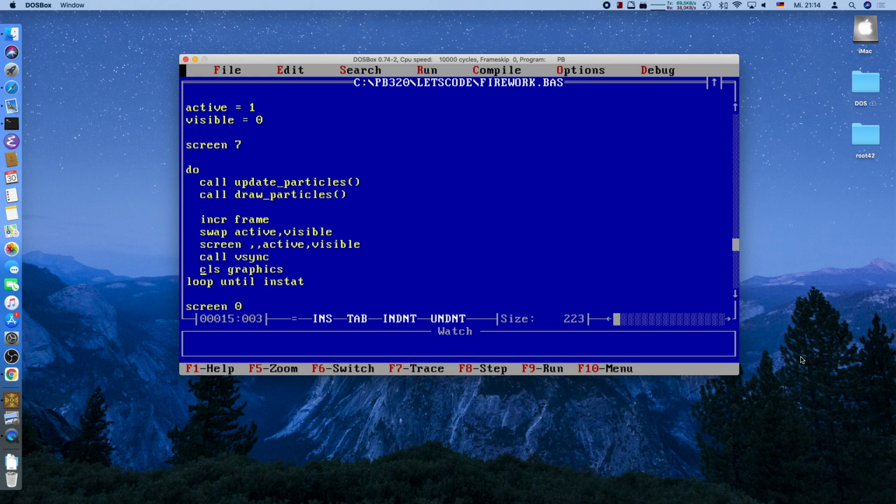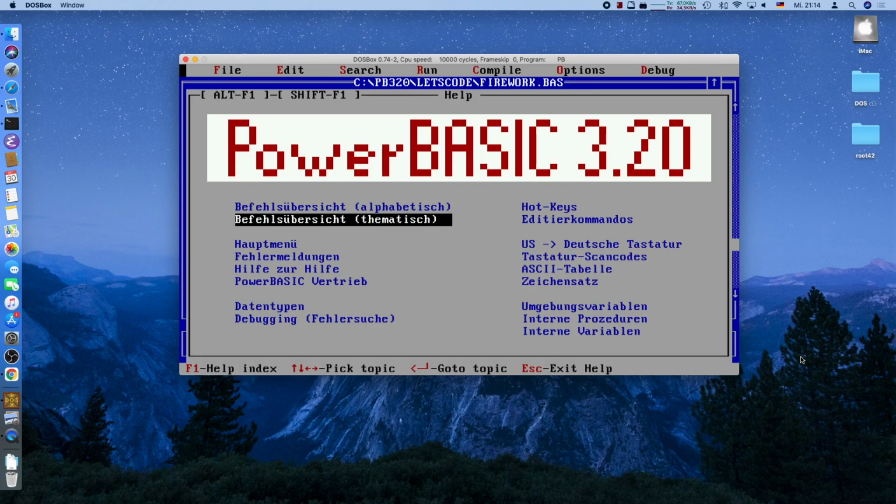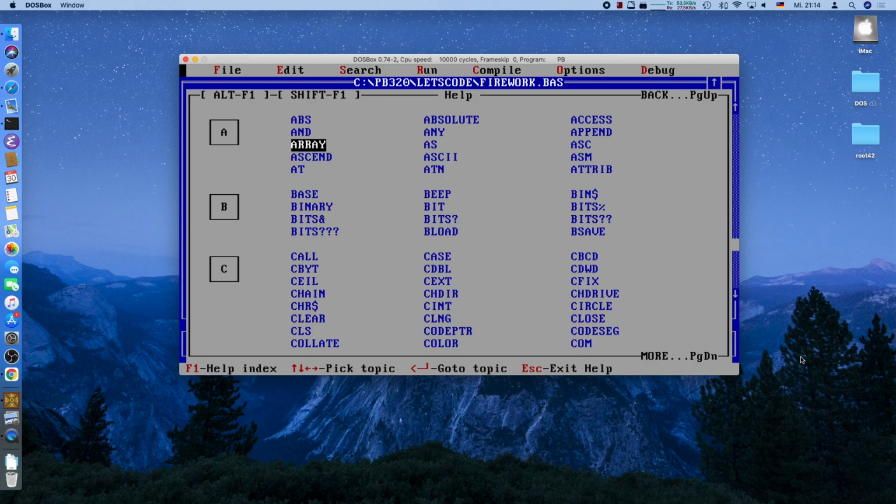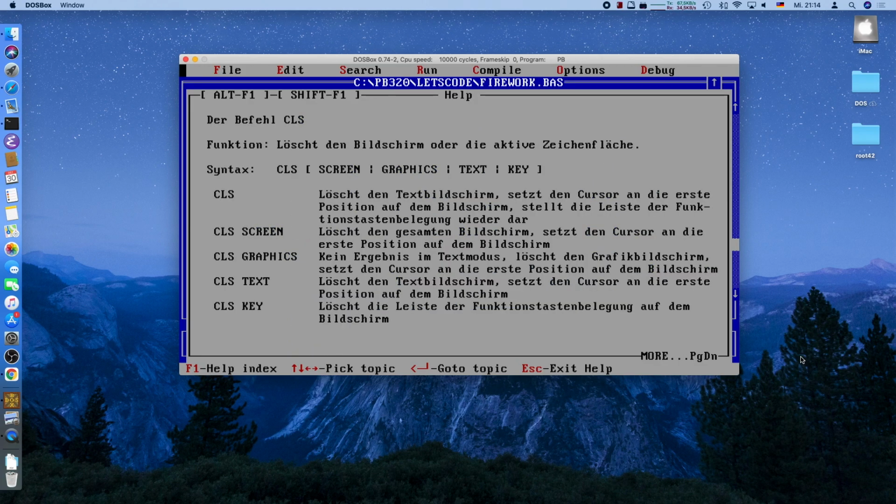This means here clear screen graphics. You can also just write clear screen, but specifying the graphics is, I think, a bit more concise. Let's have a look. And this is actually the German version, so this will not help you, but you can see you can